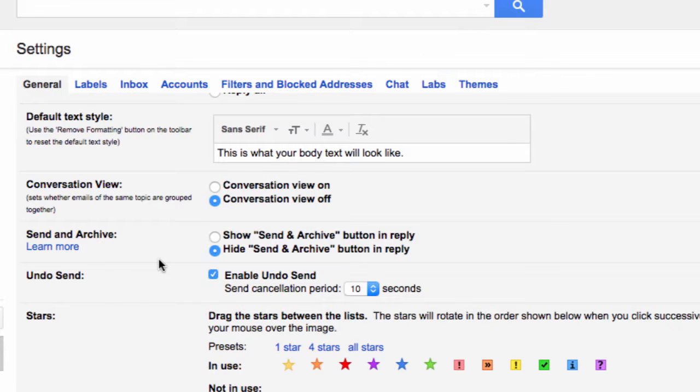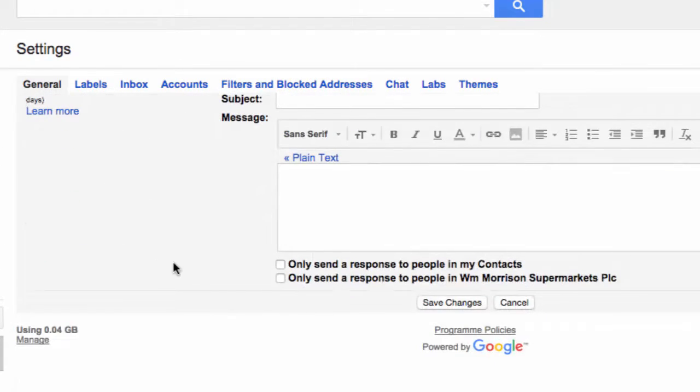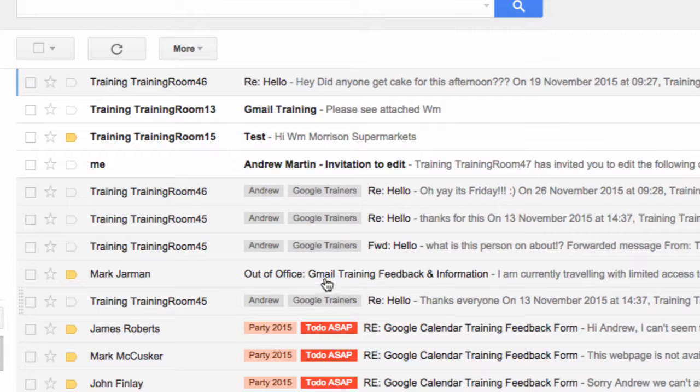Once you've changed any settings in your settings panel, you do need to go down to the bottom and click on Save Changes. You'll then note that none of these emails now have numbers next to them, and it behaves just like a